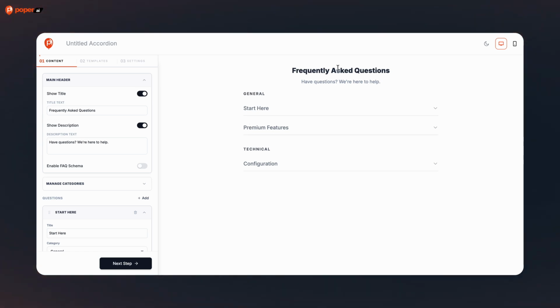On the right side, you'll see the Accordion preview, and on the left side, you'll see the Settings panel. In the Content tab, you can change the main header settings, including the text, and you can also enable or disable it. The same applies to the description section. You'll also find an Enable Schema option. Schema helps search engines better understand your content, which can improve how the Accordion content is interpreted and displayed in